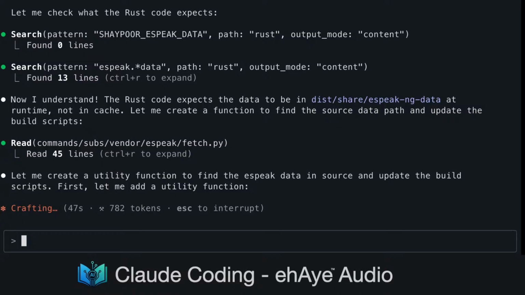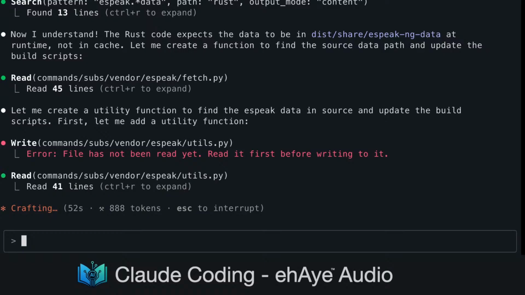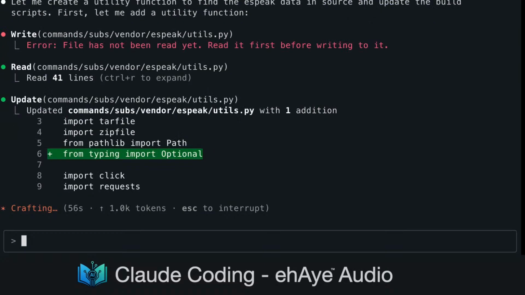Now I understand. The Rust code expects the data to be in dist share SBIC data at runtime, not in cache. Let me create a function to find the source data path and update the build scripts. Let me create a utility function to find the SBIC data in source and update the build scripts. First, let me add a utility function.